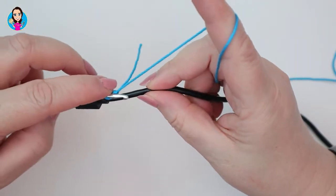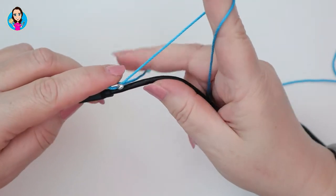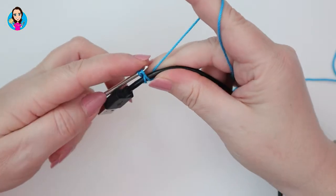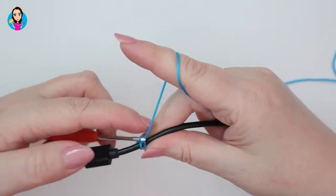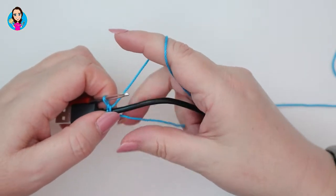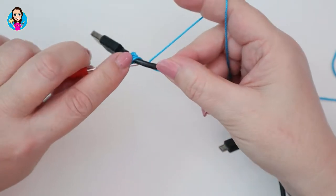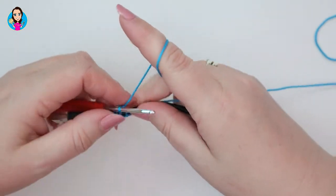So I'm going to start off by having my hook resting alongside the charger bit, and I'm going to go underneath the wire, grab the yarn, pull it back through, yarn over and pull through. So we've basically made a double crochet in UK terminology, a single crochet in US terminology, and I'm hiding this tail as I go. So yarn under, grab your yarn, pull it around the cord, yarn over, pull through,